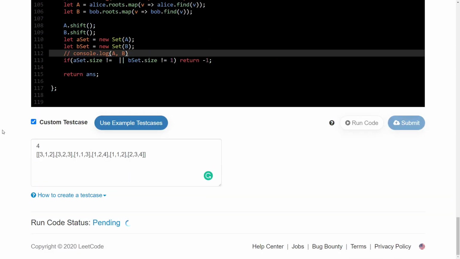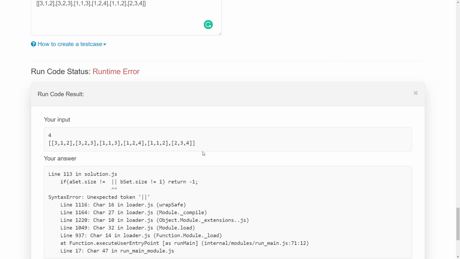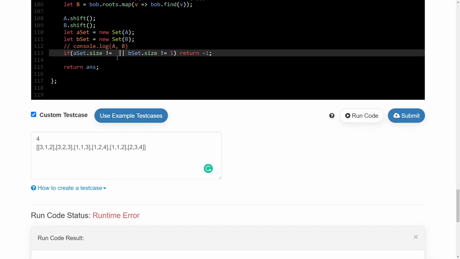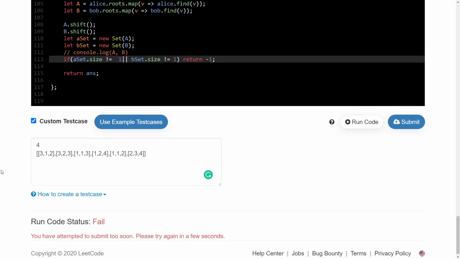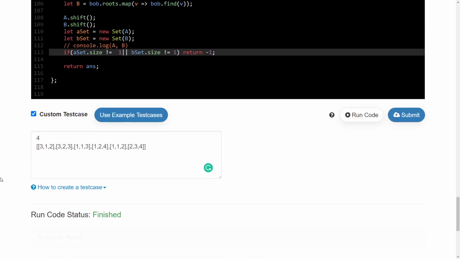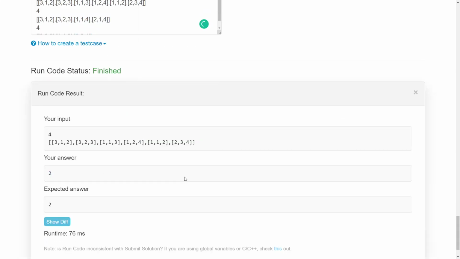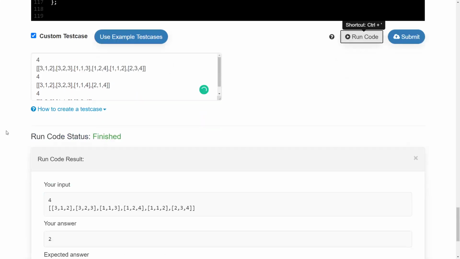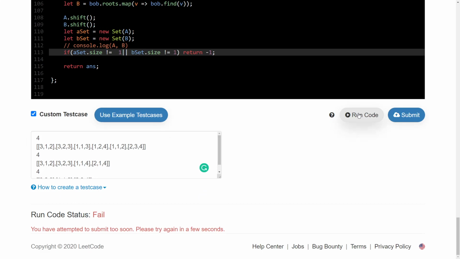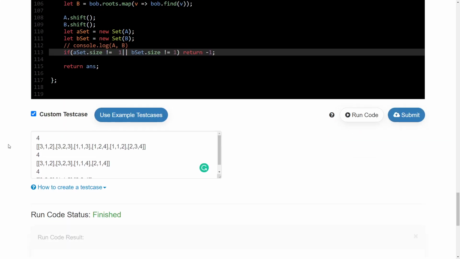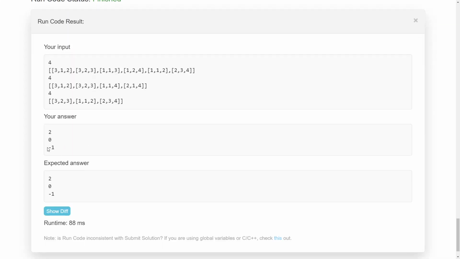That's why it worked in the competition, because I counted not equal to 1. Cool. So now it is giving 2 0 -1.